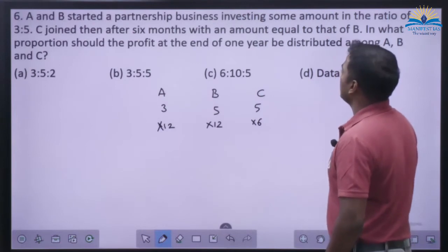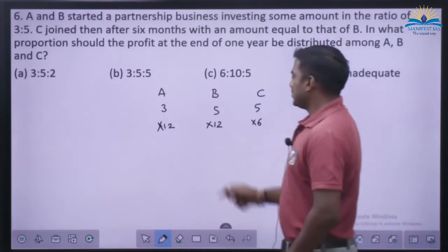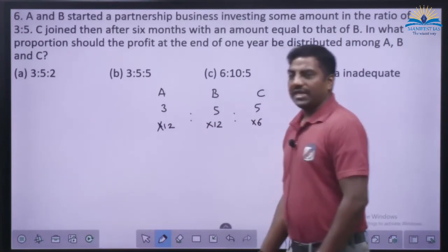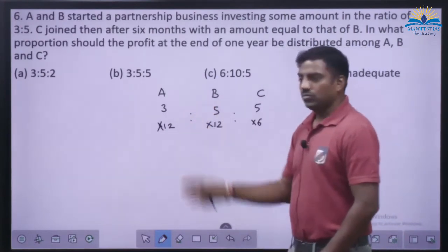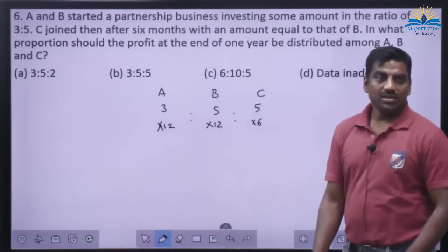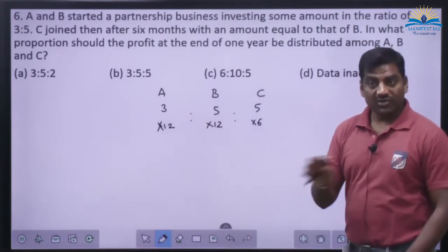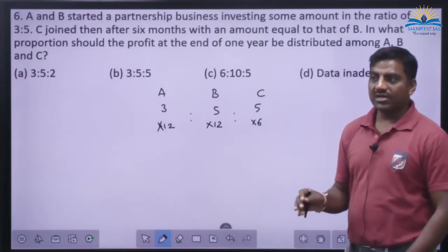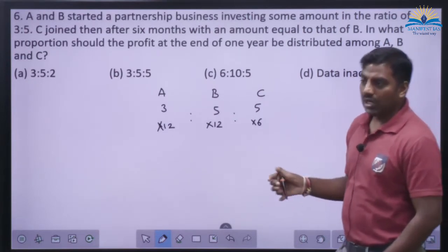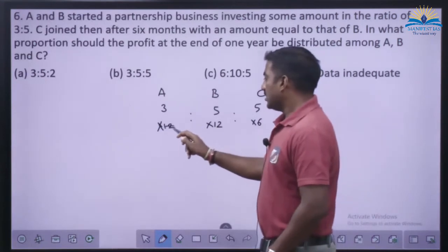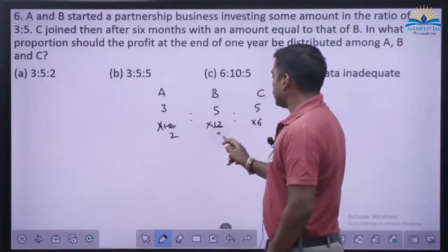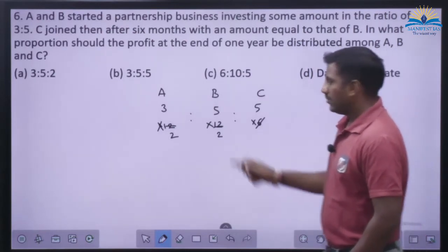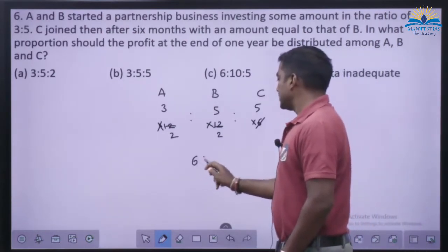Then what are they asking? Okay, this ratio. When you are cancelling, it is not the cancellation of 2 terms. You are taking the common factor out of every term. When it is A, B, C, you have to take out the common factor out of A, B and C all. So I'll take 6 2s are, 6 2s are and 6 1s are. So finally what will remain? 6 is to